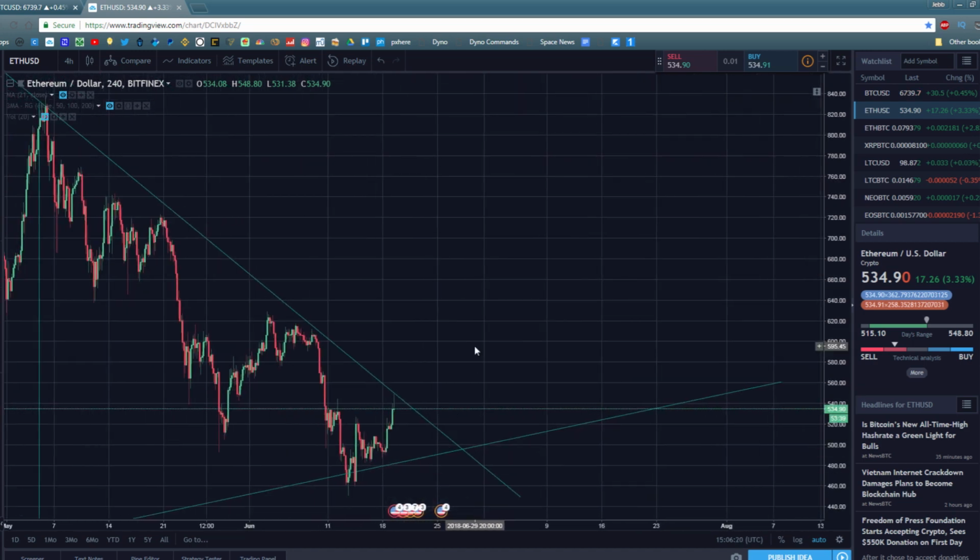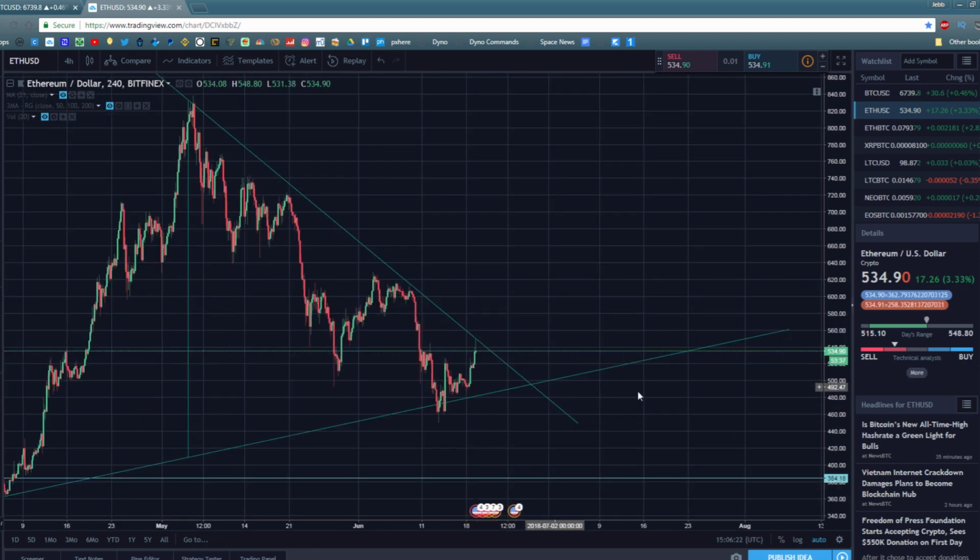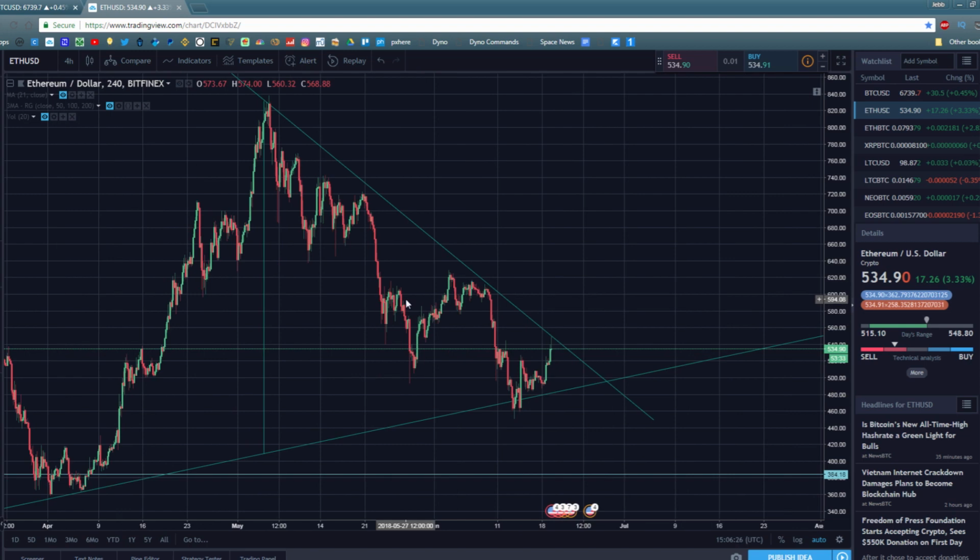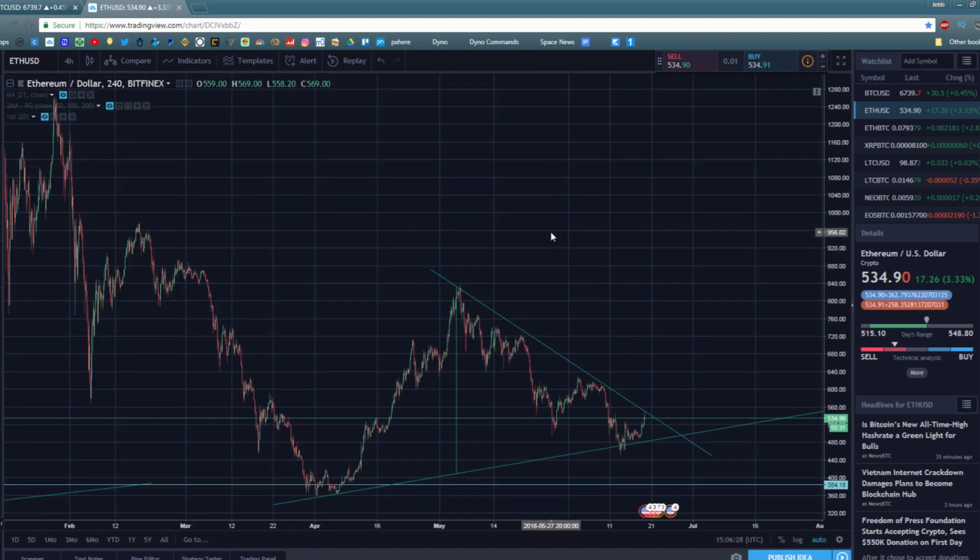It's going to break one of these. It's not going to break both of them at the same time. It's going to break one of them. It's more than likely going to break bullish here. But since this is symmetrical, you don't necessarily know. This is another thing we need to talk about. A symmetrical triangle pattern, which we're looking at here, you can call basically 50-50 about whether it's going to go